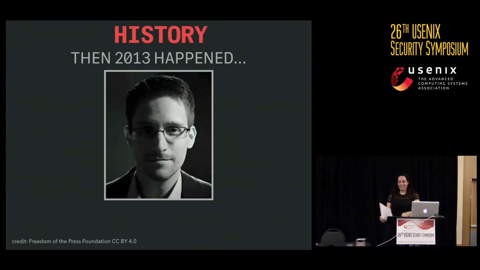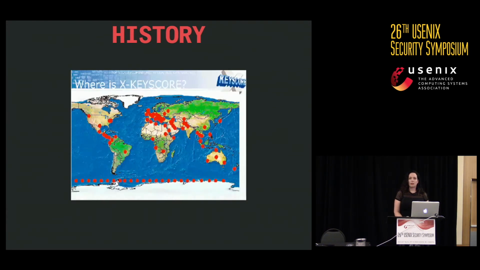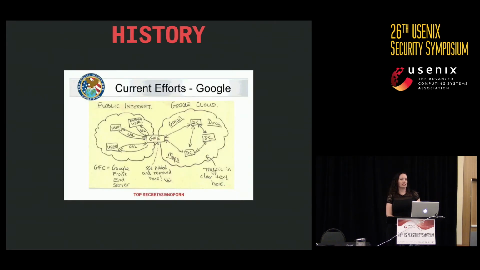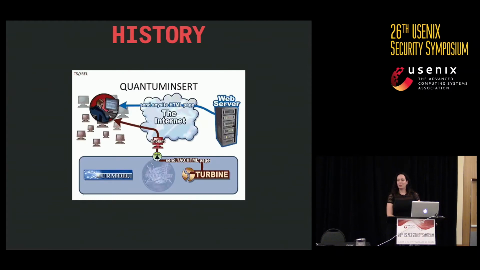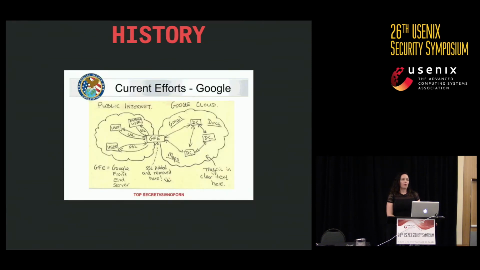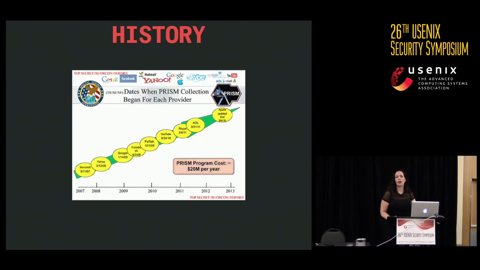And then 2013 happened, and you probably all recognize this young man, Edward Snowden. He's known for leaking large troves of documents to Laura Poitras and Glenn Greenwald. I remember this being sort of the most horrible professional vindication that anyone could have hoped for. We had been warning people about the potentials for mass surveillance and how horrible it would be. But when this came out, we were like, oh, wow, it's real, and it's actually worse than we thought.